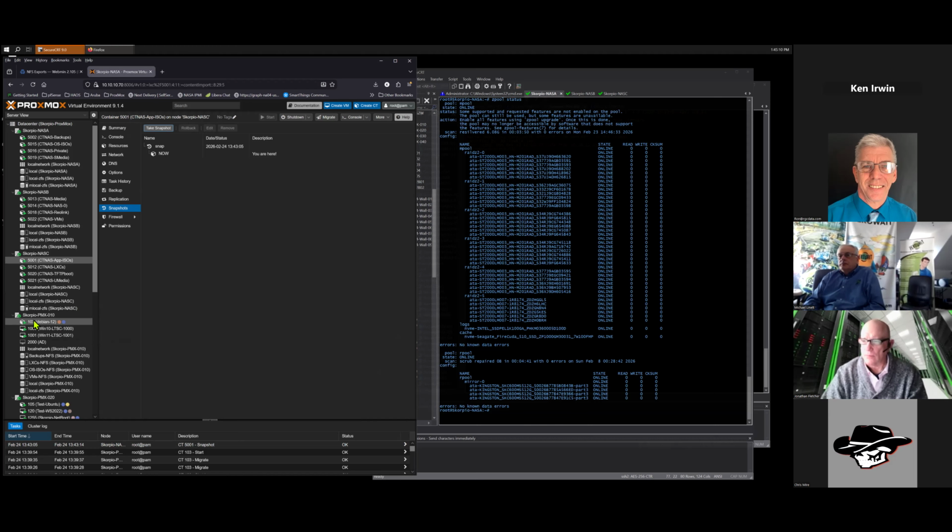Again, there's no hypervisor involved. There's no overhead. There's no simulating a CPU. There's no simulating BIOS. It's basically a jail within the environment.